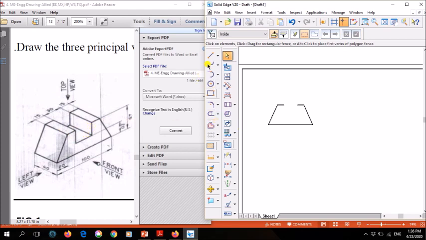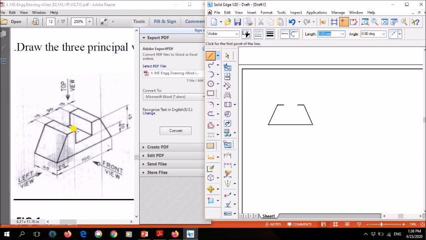Next, I have to go downwards. What is the depth here? The cut depth, how much have they given? They have not given it, but they have told us the height is 45, and the distance between this line and this line is 20. So 45 minus 20, you will get how much? 25 mm. From here draw a line using a thick line only, 25 mm downwards.